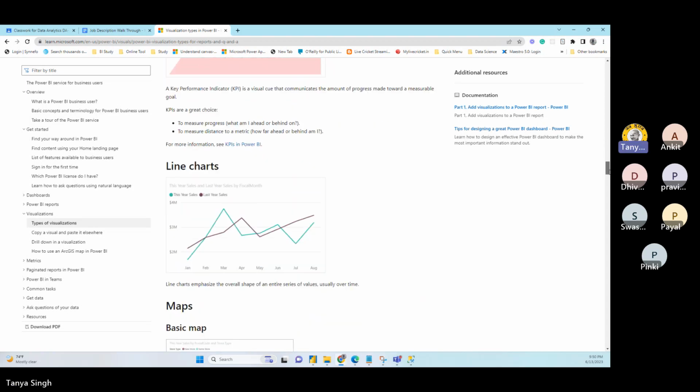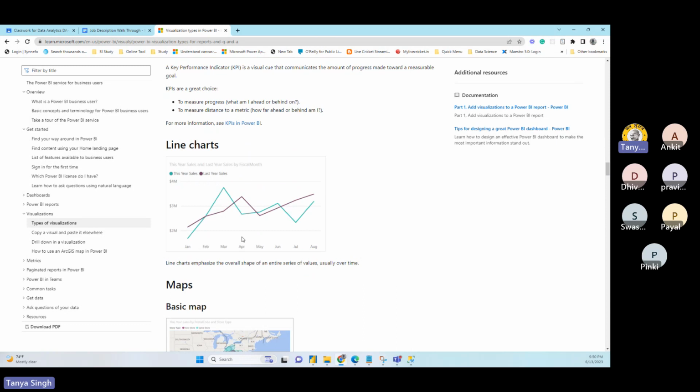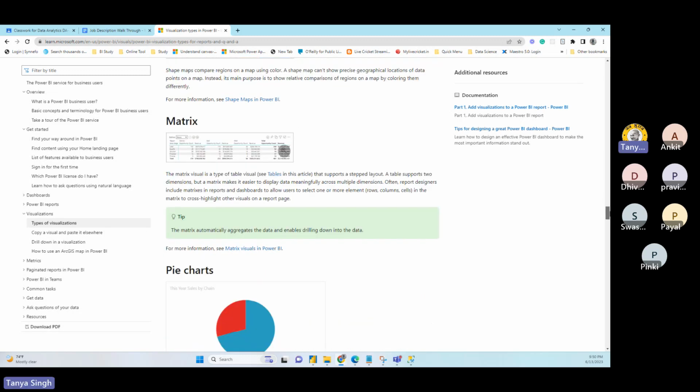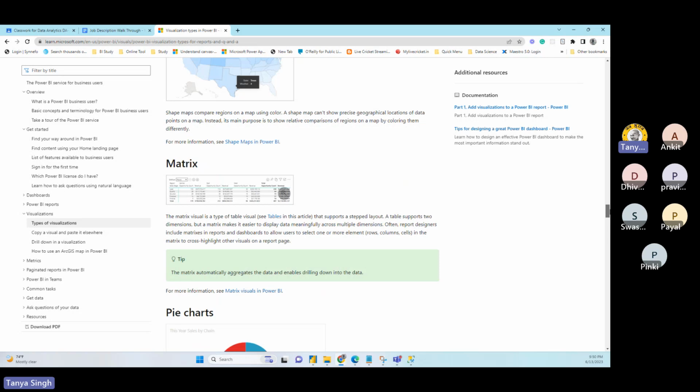The next is the line chart. Again, it's just a line, and whenever you hover, you can see the values. Many others are there. You can go through. Geographical maps are there, where the geography is used, and you can work it out on that. So I mean, we just covered the matrix reports at a very high level. Slowly, you will learn every report, how to work it, how to configure it, how to use it, how to set your rules. Those kinds of things you will learn, and you learn during your work also.